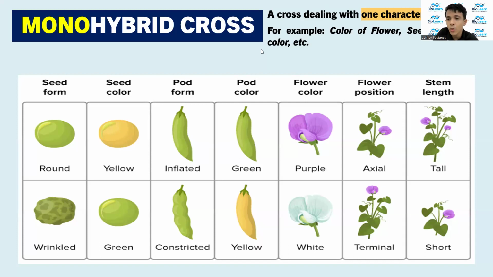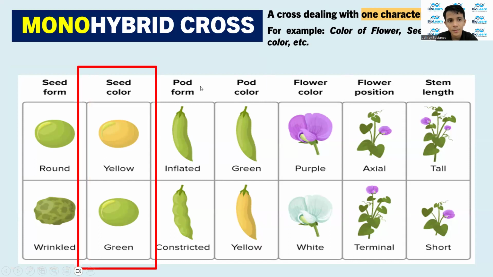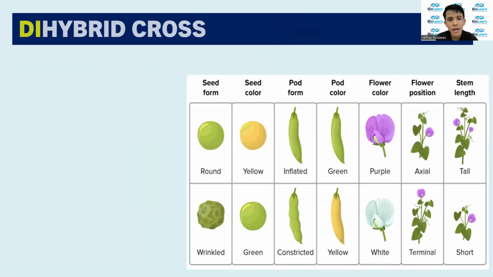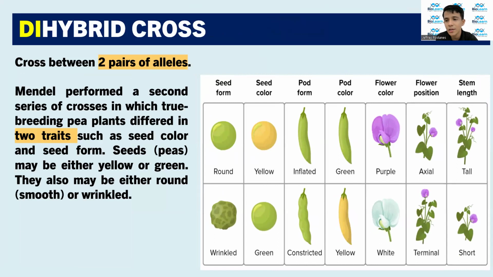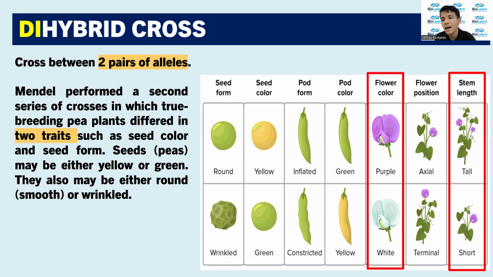Last time, or in one of our video series, we discussed the monohybrid cross and dihybrid cross. In fact, we also answered sample problem sets about monohybrid cross. This time, let's talk about dihybrid cross. And just to give you a quick recall, when we say dihybrid cross, we are crossing two different traits at a time. For example, stem length and flower color.